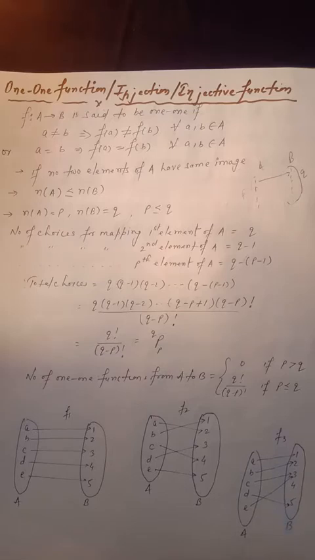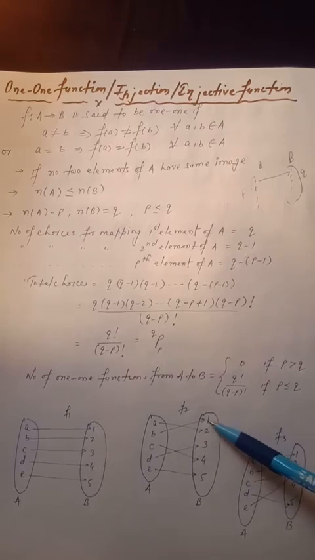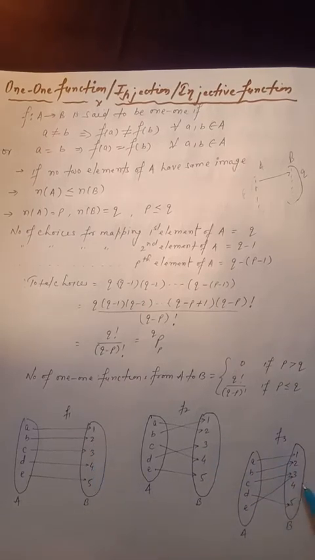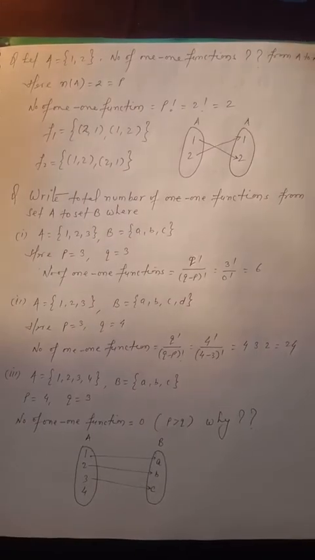So a shortcut I am telling you, for a 1-1 function you just observe the elements of set B. If at any element there are 2 arrows meeting with the element of set B, it means the function is not 1-1, it is many-1. So here you can observe there is a single arrow on each element, right? But in this case there are 2 arrows at element number 3. So therefore this is an example of a many-1 function. Now take a few questions based on 1-1 functions.